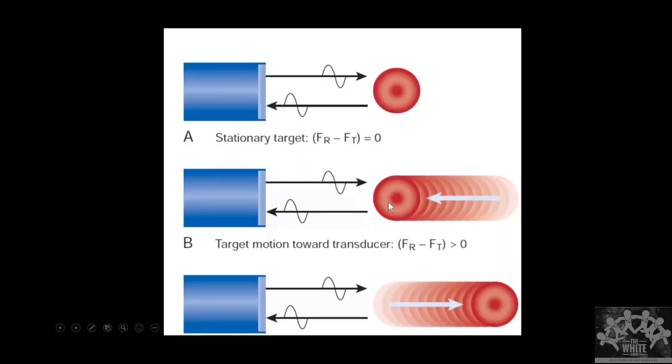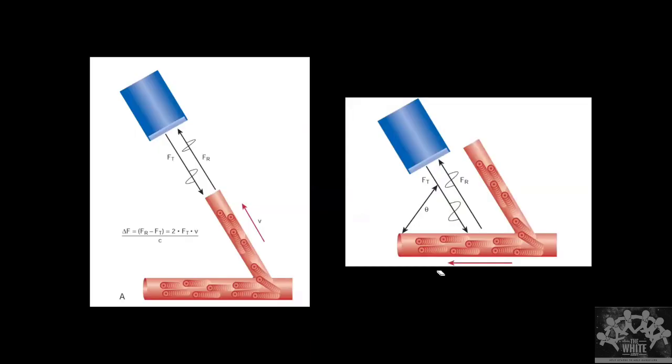I'll just go through it again. The sent frequency is the same as the reflected frequency if the object is stationary. But if it is moving towards the probe, there will be an increase in the frequency, and if it is moving away, there will be a decrease in the frequency. Based on that, it will assign the direction. Now imagine I have to measure the exact value. I know this is the frequency that I have sent, this is the level, so for a stationary object there is zero change in the frequency.